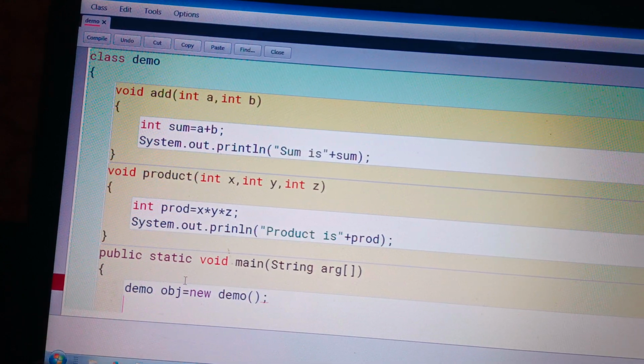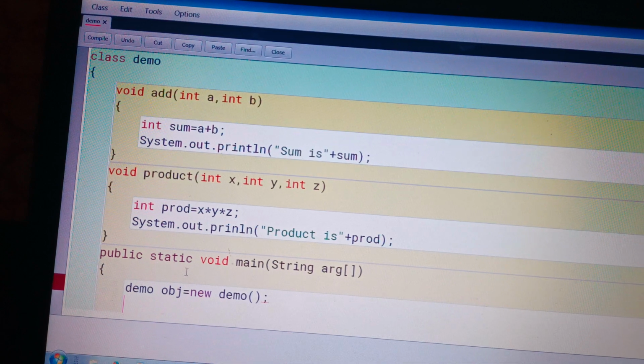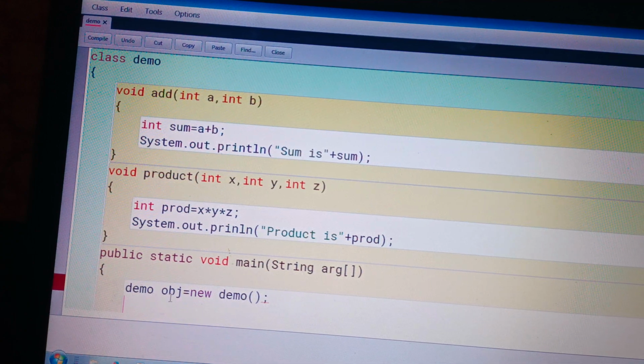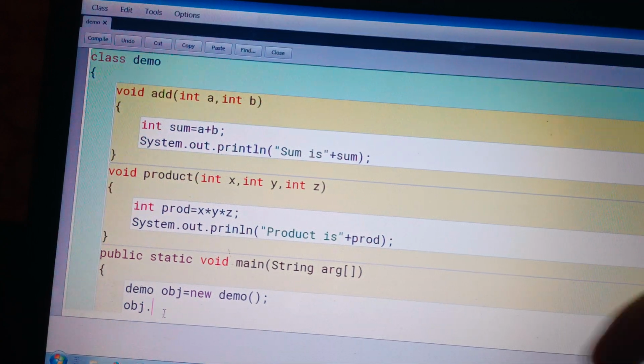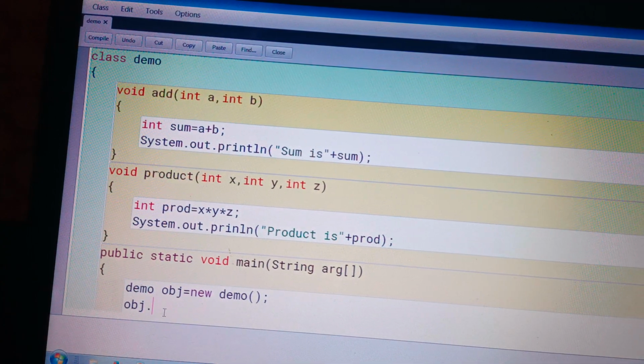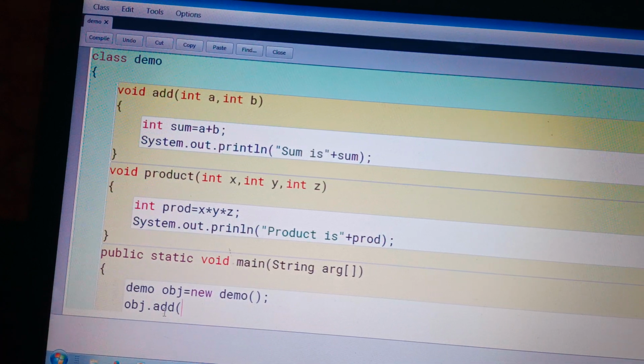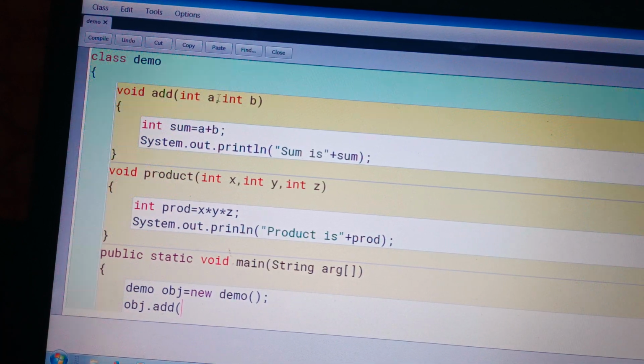After this, here is the void add method and here is the product method. So with the help of object obj dot, firstly we call the add method. Add method is a parametric method, means here we pass two integer type values.